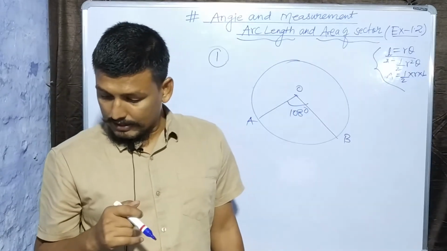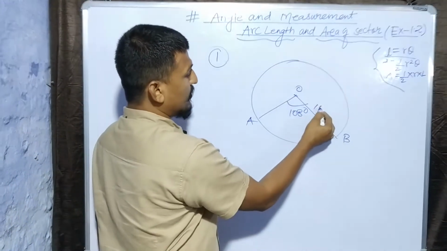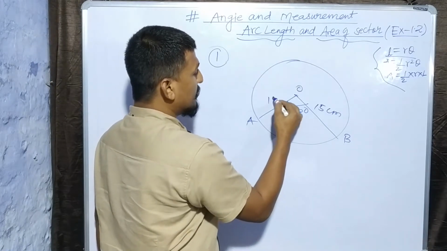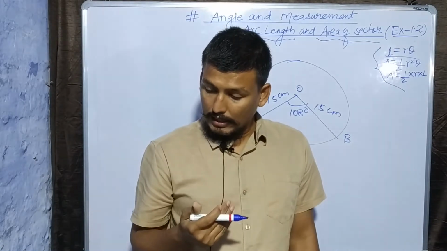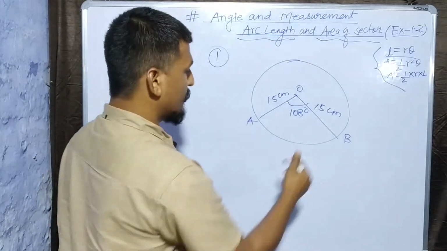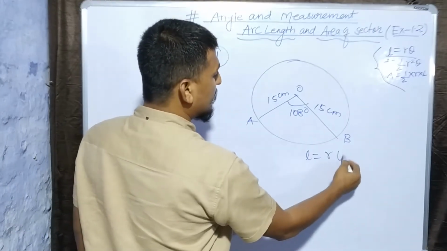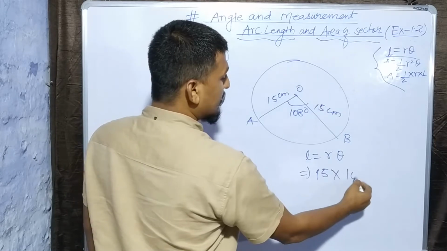The radius of a circle is 15 centimeter. What you have to find is to calculate the length of arc. So length of arc L is equal to r theta, right? So r is 15 and theta is